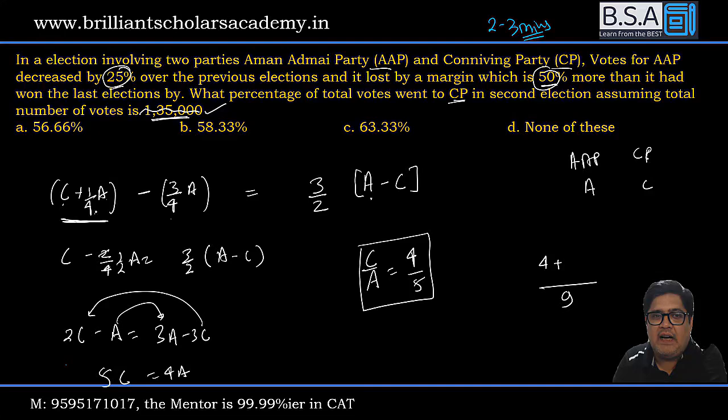What is A ka 1/4? What is 1/4 of this number? 1/4 this number is 1.25. So C is getting 5.25 votes out of 9 into 100 करके आपका आंसर आ जाएगा, 5.25 upon 9 into 100. 58.33% votes are going to